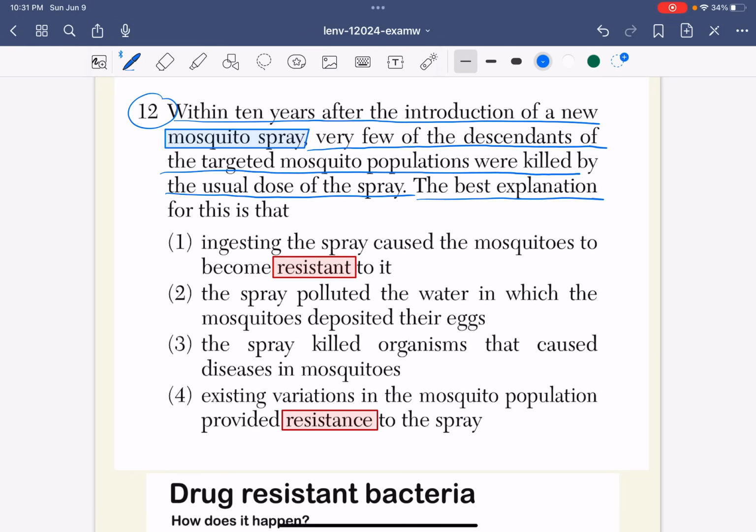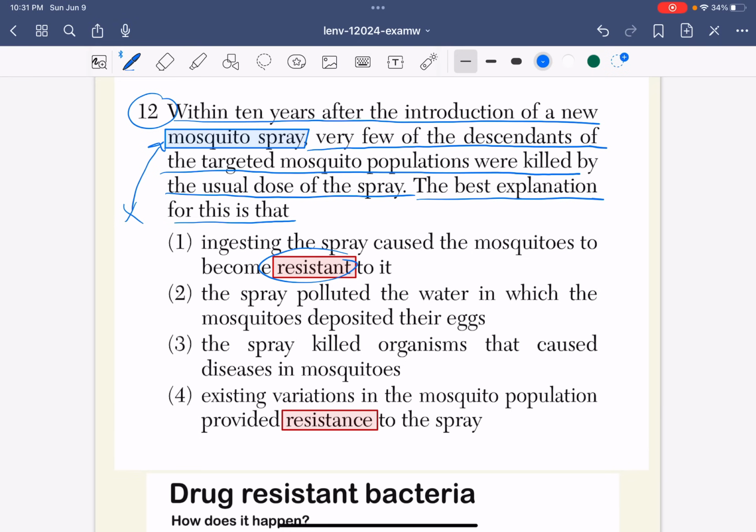The best explanation for this is that, okay, so when you spray a specific insect with a specific poison, what can happen to the next generation is that it can become what we call resistant. Resistant means that the spray will no longer work